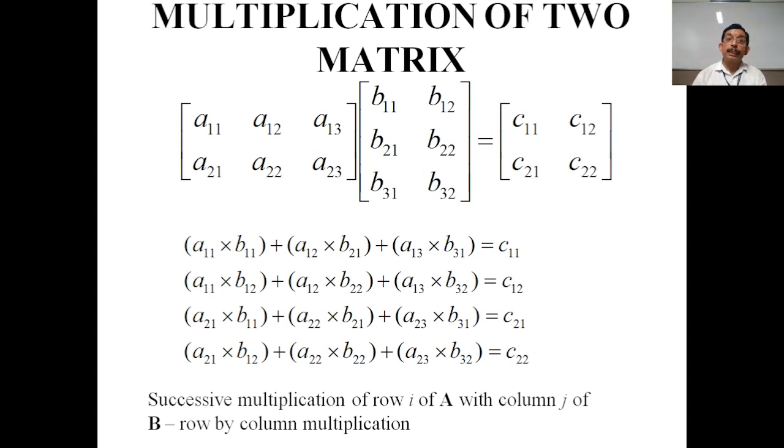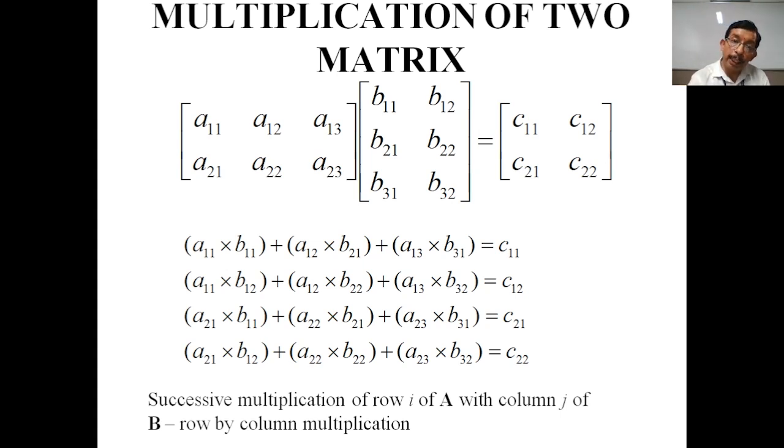The main step in the multiplication of matrices is that a row is multiplied by a column. If we take the first row, then we multiply by the first column of the second matrix. Then the first row of the first matrix is multiplied by the second column. One row is taken and multiplied by each column of the second matrix. Then the first row multiplication is complete.